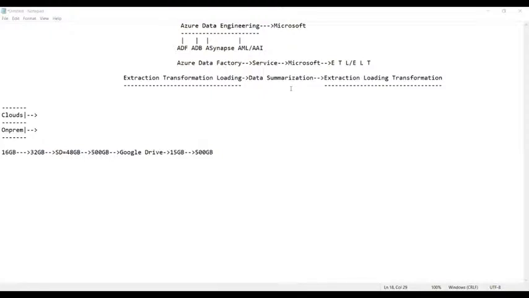if you lose your mobile phone, we simply buy a new handset and log in using our email ID, the previous email ID with which this Google account was created, and we enter the password. Once we enter the password, a synchronize option will be there. Automatically, the 500 GB of data which you stored in Google Drive can be retrieved back on a new handset.